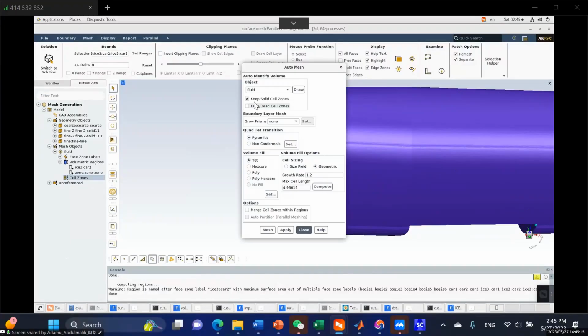I don't want to keep any solid cells, so I'm going to remove this option. Okay, so for objects, the name that I already gave it is fluid. So, boundary layer mesh. The boundary layer is very, very important, most especially in solving the fluid close to the train surface,